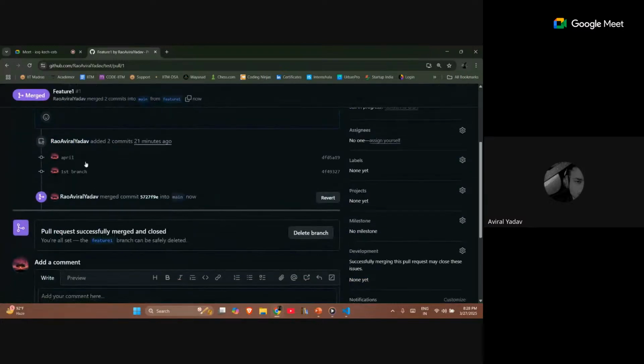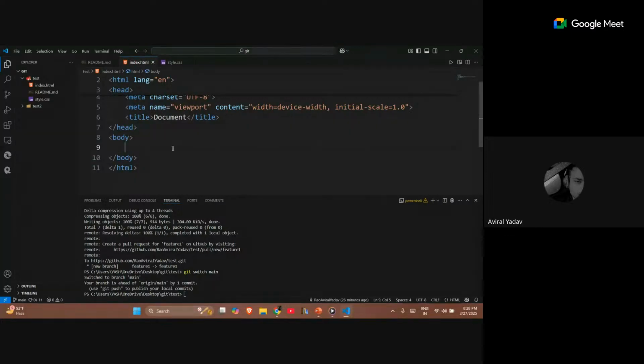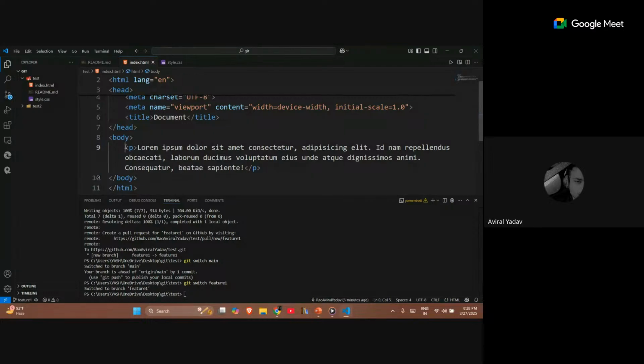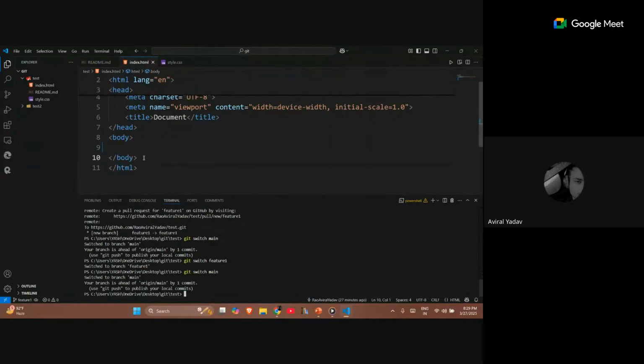So you can see that this was a simple step to merge. Let's get back and get to know a little bit more about it. As I said, there was a particular highlight on that pull request page that claims no conflicts arise. While merging these two contents, what it simply means is that, for example, when we were on our feature one, let me show you guys again. Switch to feature one. As you can see, there was a content named P and it had a lorem 23 content, and our main branch was empty on that step.